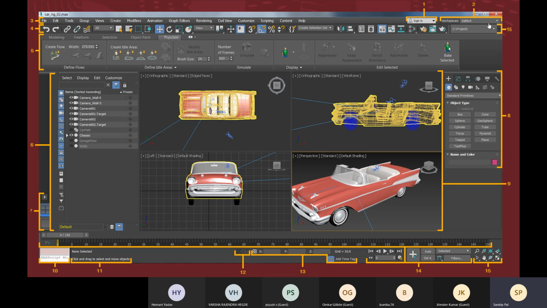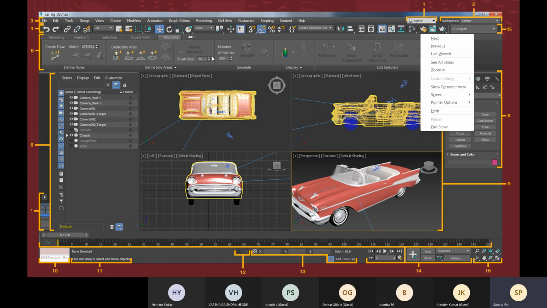Generally it is set to the default option, so no need to worry about that. You can start working with the default workspace. If you become a master of 3ds Max and need lots of different tools for different work purposes, then you can change the workspace and use different workspaces. I will definitely show you how you can manage this workspace.